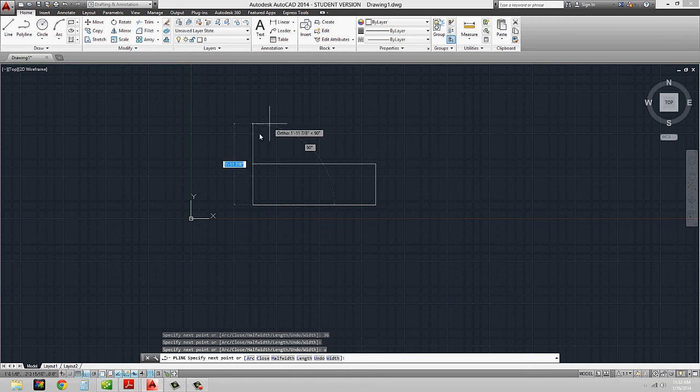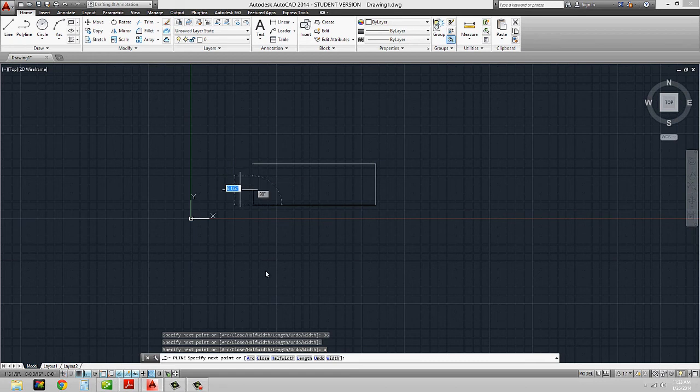If I do U and enter to undo my last move, so a lot of these commands I can do the U enter for undo, and we learned about undo last week. And basically I can still be within the command, and I can hit undo and I can undo that last step. Okay, and this is to show you that I can either click to that endpoint in order to close out my rectangle. So I could click and hit escape or hit enter in order to close out of the command. Or I can type in 1 foot, and then hit escape to get out of the command in order to close a rectangle.